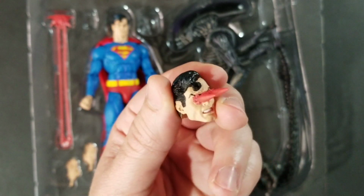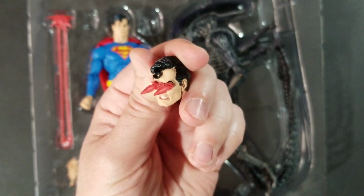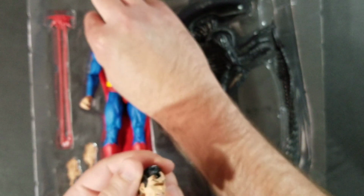You don't get these a whole lot with Superman figures, surprisingly. Usually you'll see his eyes kind of turning red, but you don't actually get the effects coming out of his head. So I like how they gave this one. And then they gave us a very large